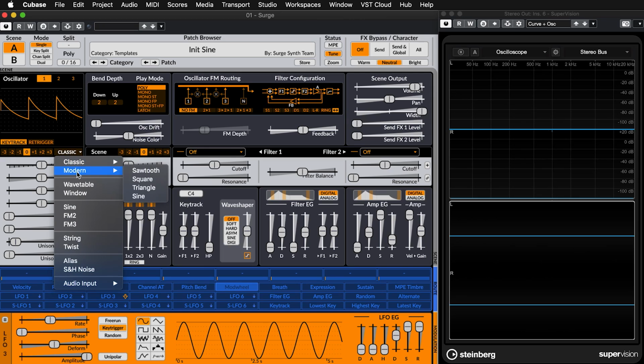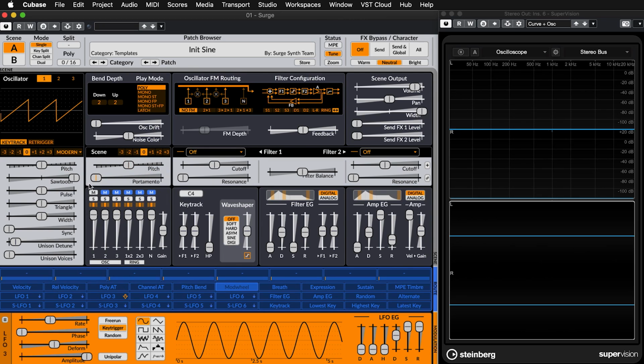So here, picking modern, we're going to pick sawtooth. And as you can see, that means that this sawtooth slider is set to maximum here, and the other waveforms are turned off because 0 is off. We get a fairly modern sawtooth with a fairly straight line on it, unlike the classic one which had quite a curve to it. Now we can turn this off,